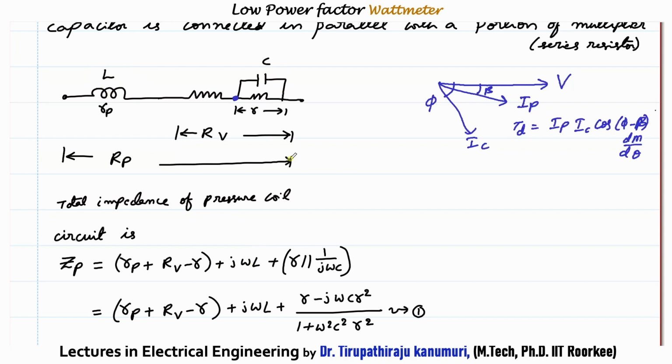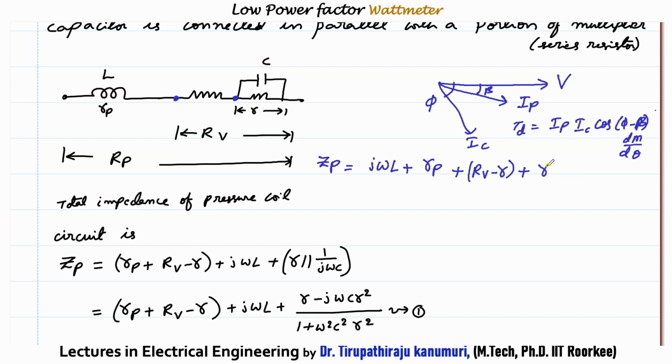I am just rewriting again. So the total value of the impedance of this parallel circuit, I can write as j omega L plus Rp. This is resistance of the pressure coil, plus we have to take only this much part of the resistance. Total value is Rv. What will be this resistance value? This will be equal to Rv minus R plus,